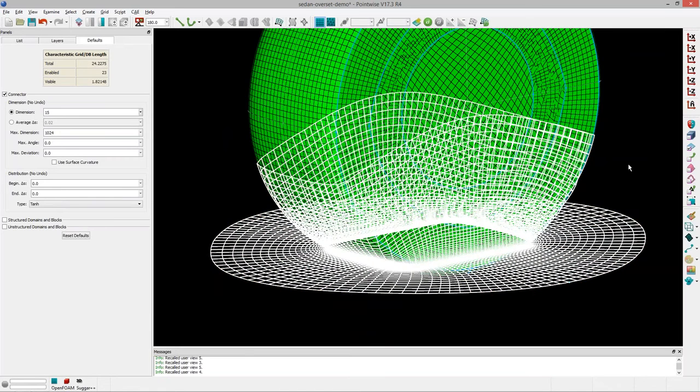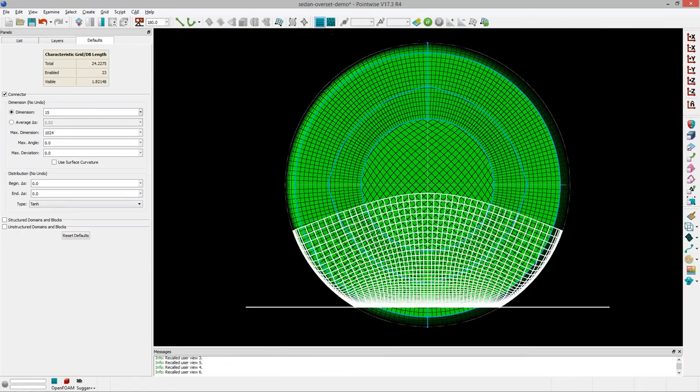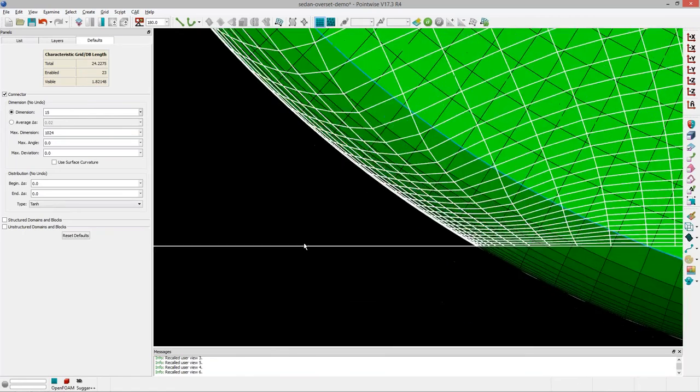Now, typically at this point, what you'll do is you'll grab both these domains, as I've done, and do a hyperbolic extrusion to get that collar block in one step. However, in this case, we can't do that. The reason being, this angle is just too shallow. The normals coming off the wheel and the normals coming off the ground plane are going to intersect, and we're going to get pinch points, and we're not going to get nearly enough layers in that region.